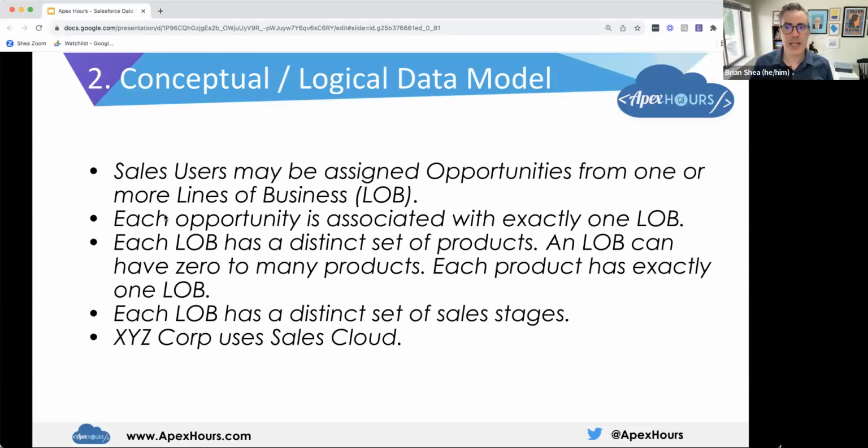Sales users may be assigned opportunities for 1 or more lines of business. So sales users can traverse multiple lines of business. They're not assigned to just 1. Each opportunity is associated with exactly 1 line of business. Each line of business has a distinct set of products. An LOB can have 0 to many products. Each product has exactly one line of business. Each line of business has a distinct set of sales stages. And the last point here is XYZ Corporation uses Sales Cloud. So with that information,